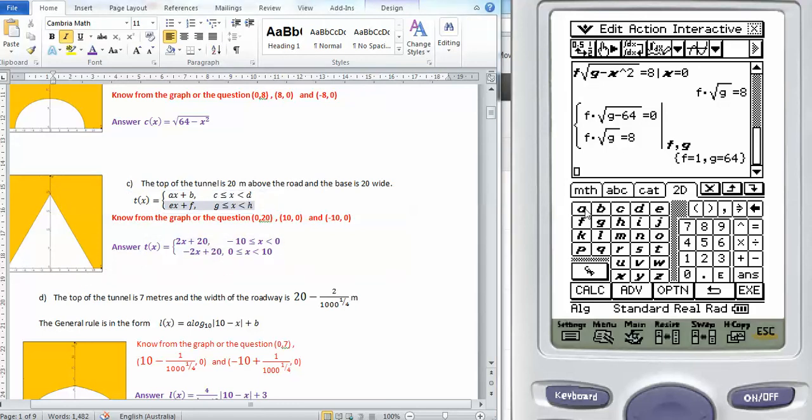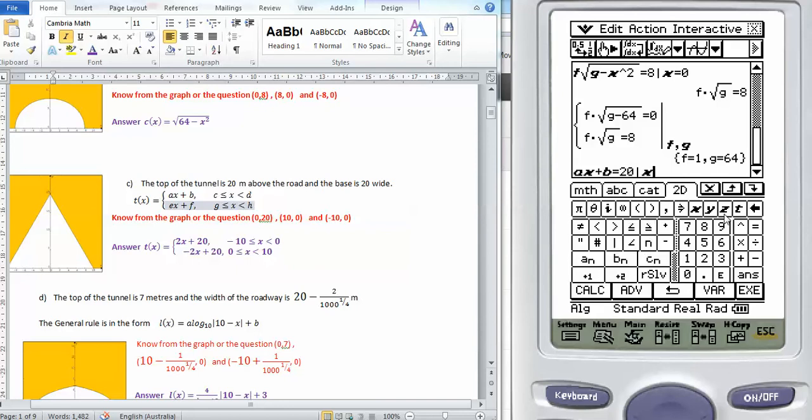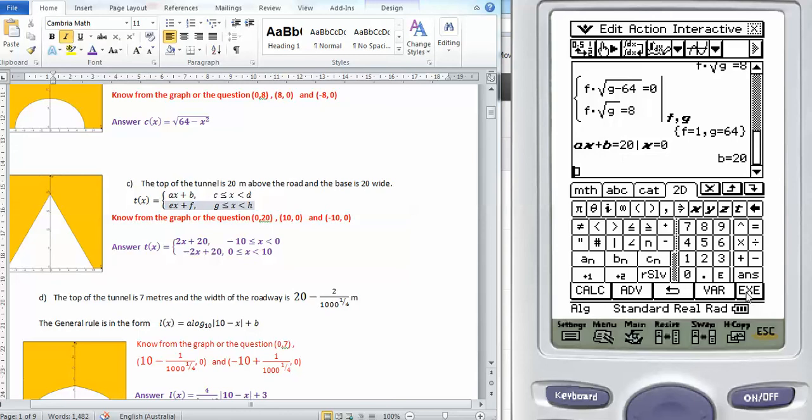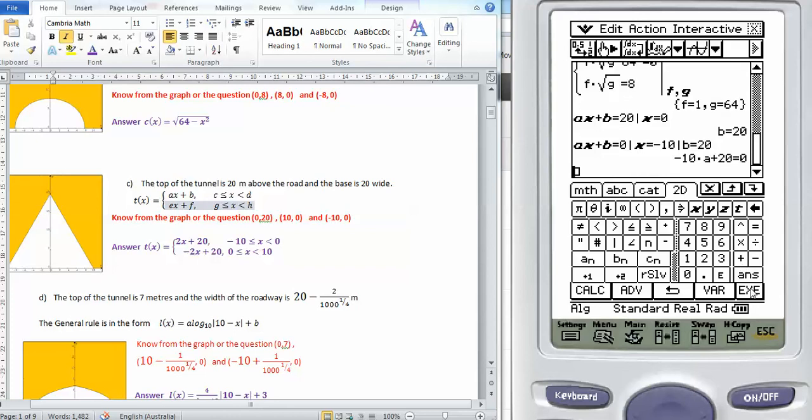But on the calculator, ax plus b, I know that it equals 20 given x equals 0, and I also know that it equals 0 when x equals negative 10, and I've already solved that b equals 20, so I'll drag and drop that as well, so I've got two given pieces of information, and if I solve that for a,